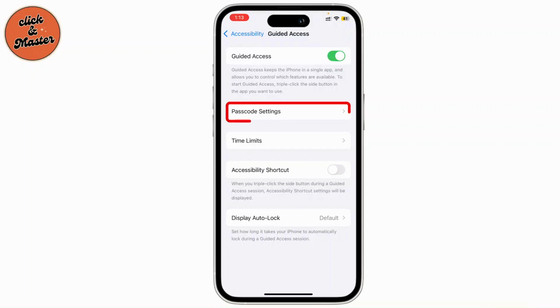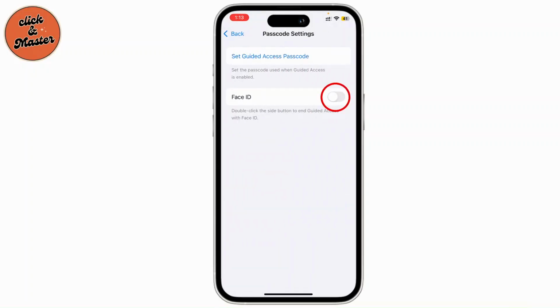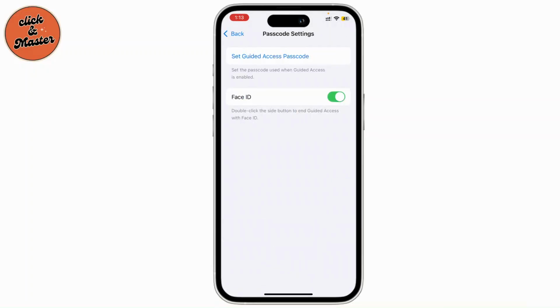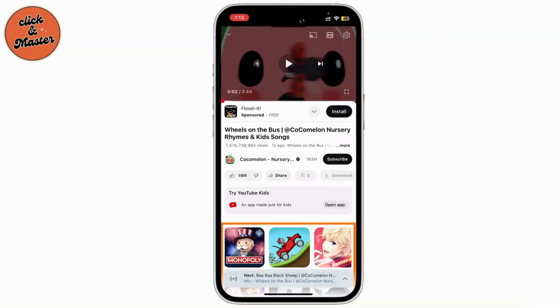Then go to Passcode Settings and toggle on your Face ID. Now tap on Set Guided Access Passcode and enter your passcode. Re-enter your passcode again. And now you have to go to your YouTube and then choose the video that you